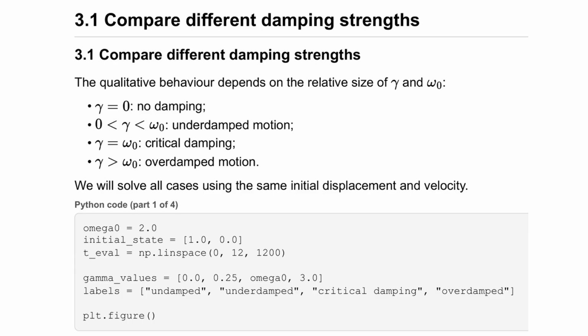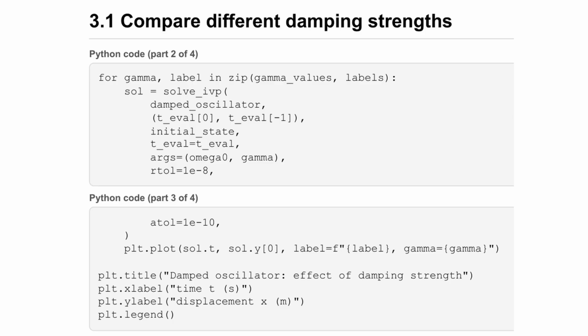Let us compare how different strengths of damping affect the motion. We will look at 4 distinct cases: undamped, underdamped, critically damped, and overdamped. We set up an array of these gamma values to iterate through, keeping the initial displacement at 1 meter and starting from rest. Here we loop through our chosen damping coefficients, calling the